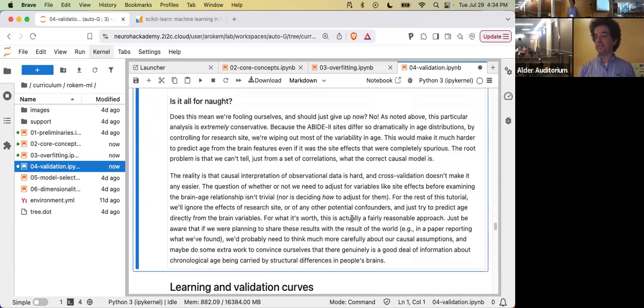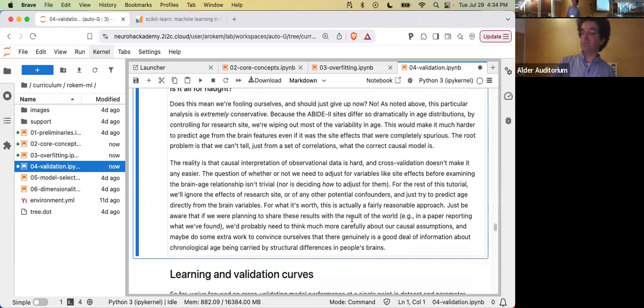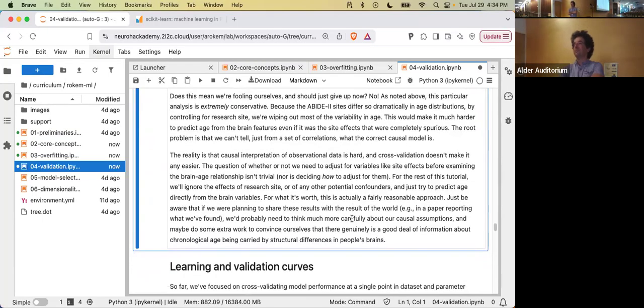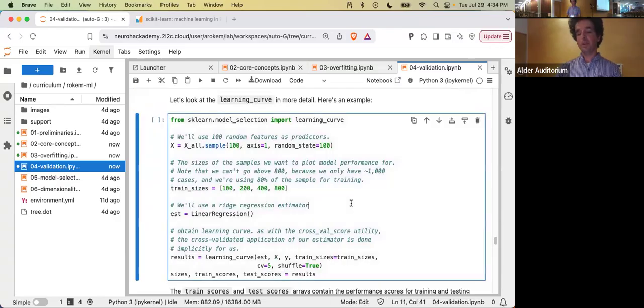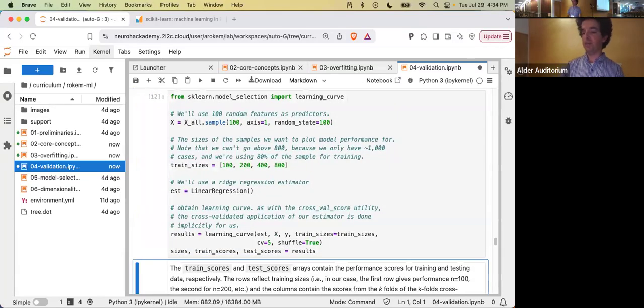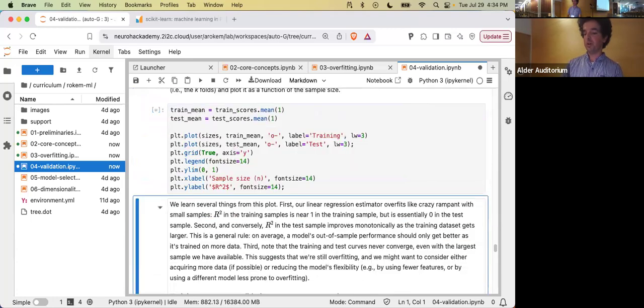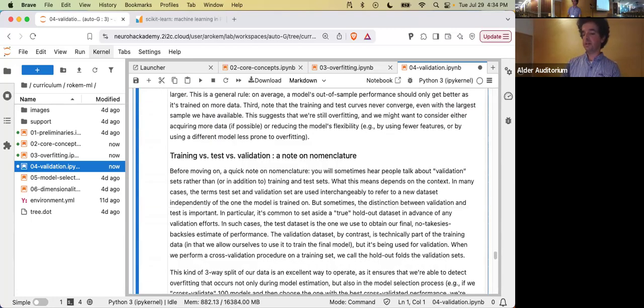So, okay, the question is, should we give up here? And the answer is maybe not. This is hard, and we can try a little bit more. But before reporting a paper, think about all the ways in which your machine learning results could be confounded by something like this. Okay. There's some other things here. There's one more big topic that I'd like to show you. So I'm going to maybe skip over,